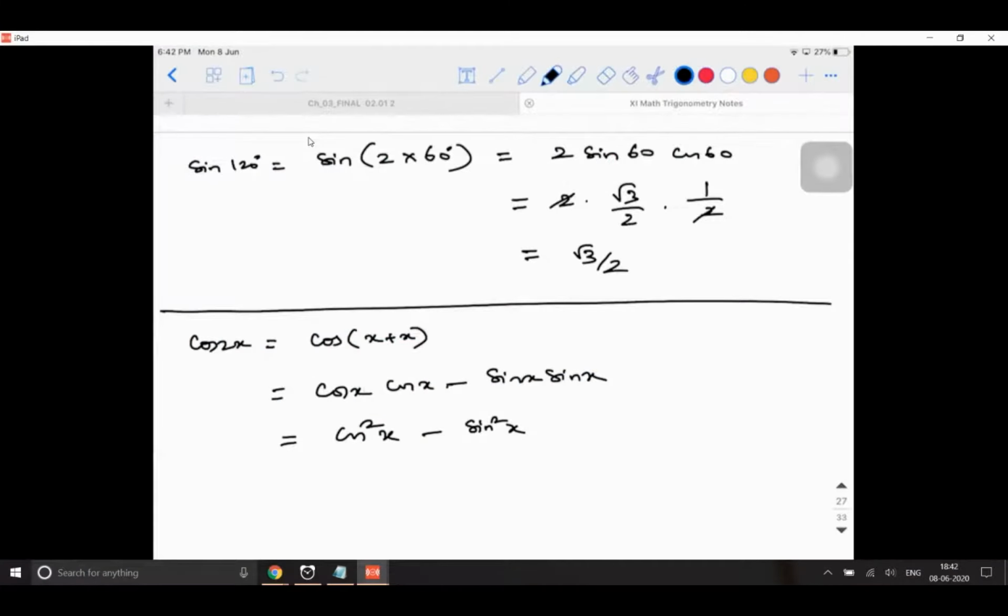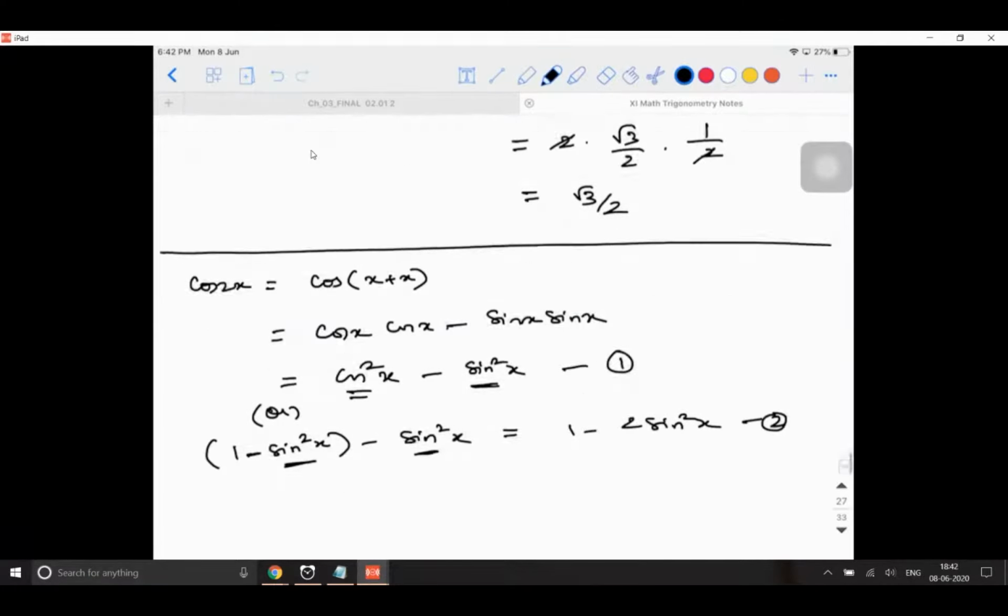So cos square x minus sin square x. Okay, this is one of the formulas. See, cos 2x has three formulae. Remember this. This is one formula. Similarly, cos square x can be written as 1 minus sin square x. We know that cos square theta plus sin square theta is 1, instead of x, treat it like theta. So cos square x can be written as 1 minus sin square x. Then minus the sin square x you already have, so 1 minus sin square x minus sin square x will be 1 minus 2 sin square x.